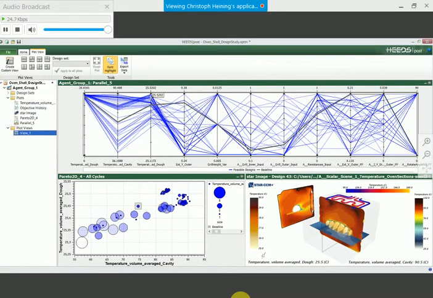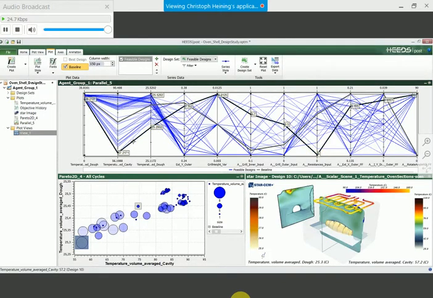So when we have a look at this plot right here, then you see all the design parameters with their corresponding lower and upper values. So each line represents one simulation with all the design parameters, and this is a very valuable tool when you want to investigate the relationship of the parameters. So, like when we want to see where our high temperatures in the dough come from, we can select these